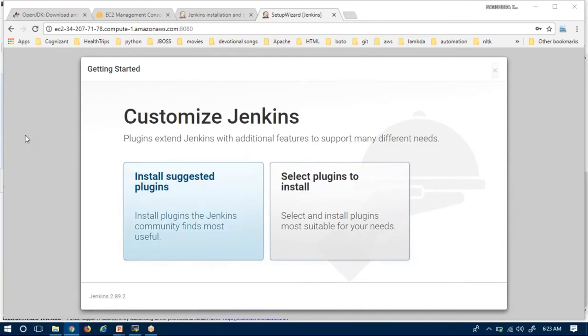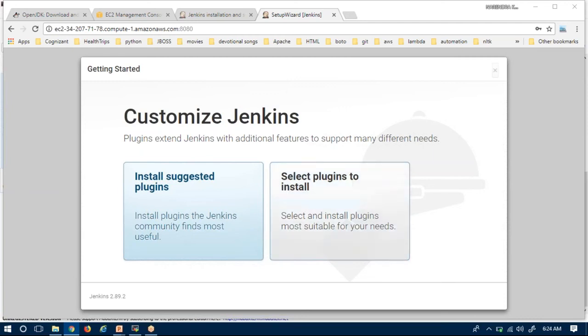Okay, once you open this Jenkins, you are seeing customize Jenkins: install suggested plugins or select plugins to install. In our previous video, we saw that to make a connection, to make integration between your Jenkins and different tools, you need some plugins.